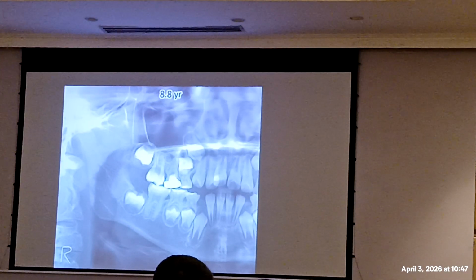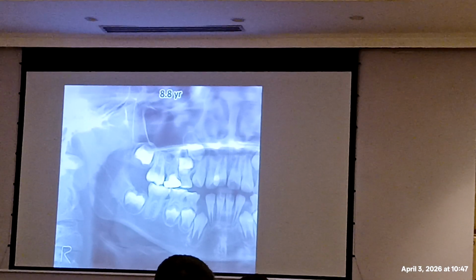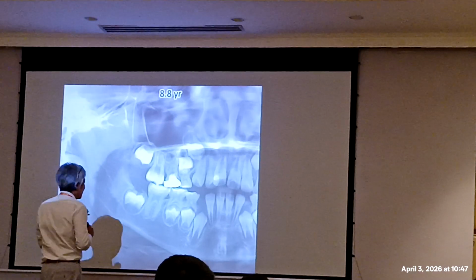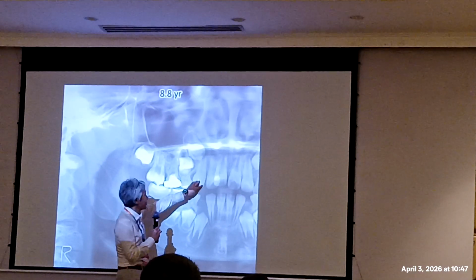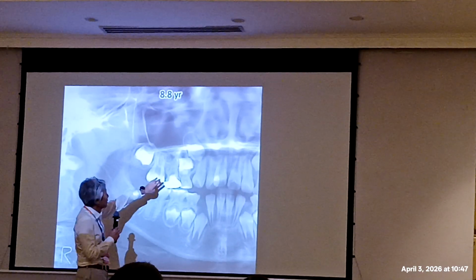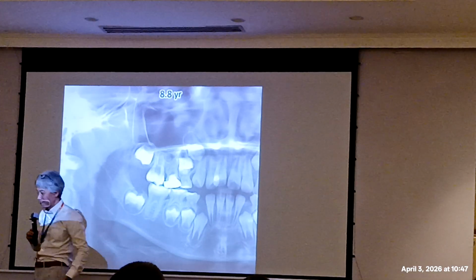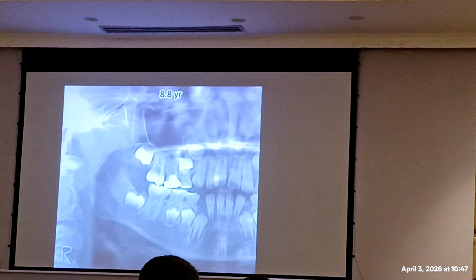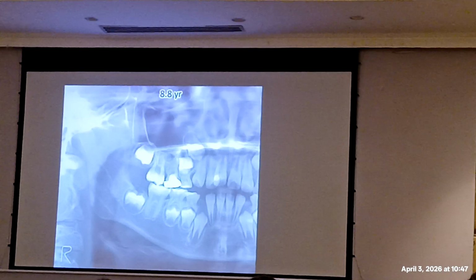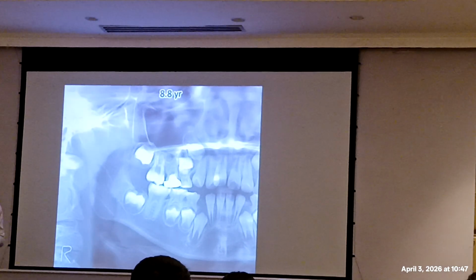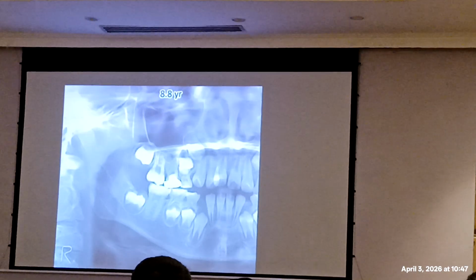So I was very confused as to which one to extract. Anyway, there's a supernumerary lateral here. And it looks like the upper premolar is missing. But there's something strange over here. I don't see it yet, but let's take a look. So this is the patient at my initial visit, and I asked him,